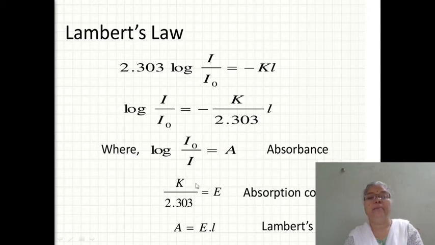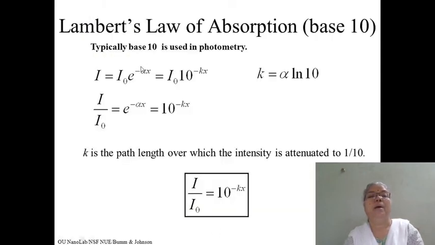And this proportionality constant, the absorption coefficient upon 2.303, gives the absorption coefficient, and depending on this, absorbance is equal to the absorption coefficient times the thickness of the absorbing medium. Then basically we can write Lambert's law in the exponential form as